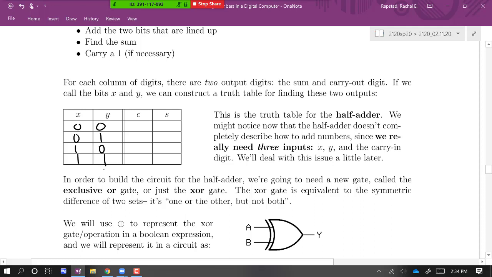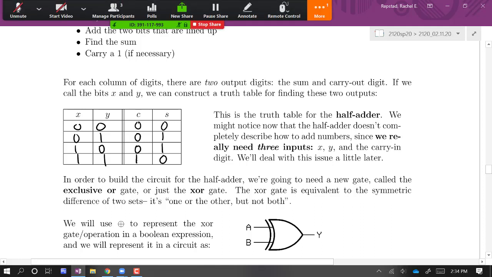And when we add 0 and 0, the sum is 0, and we carry a 0. When we add 0 and 1, the sum is 1, and we carry a 0. Likewise, for the next one, when we add 1 and 0, the sum is 1, and we carry a 0. And then last, when we add 1 and 1, that's 2, which means we drop down a 0 and carry a 1. Now, because I've written these,